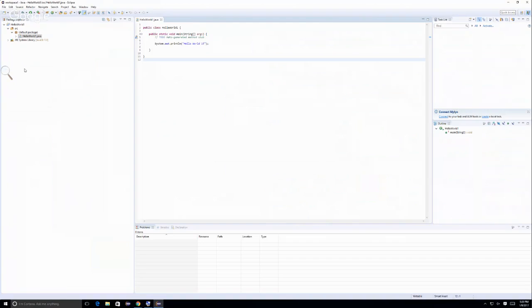Yes, so the steps are to create the project, and then create the class. But I click on it. And,